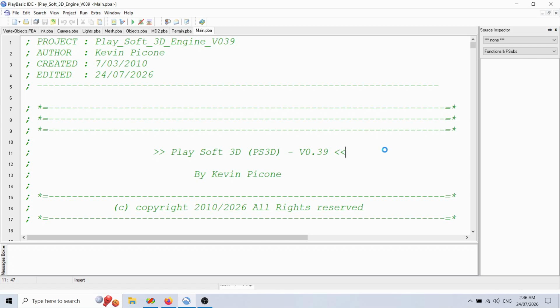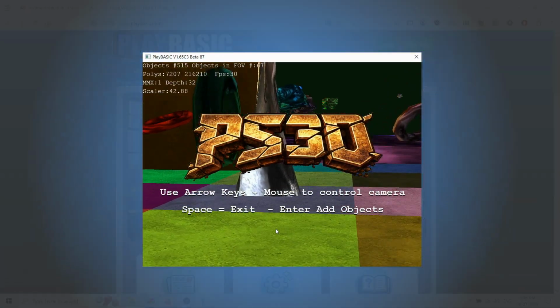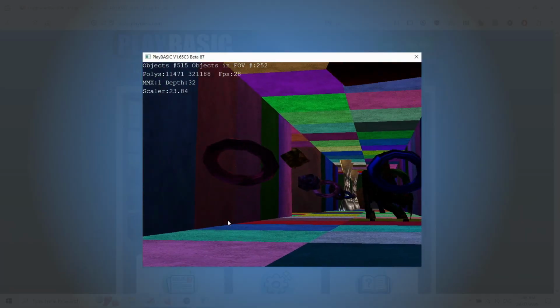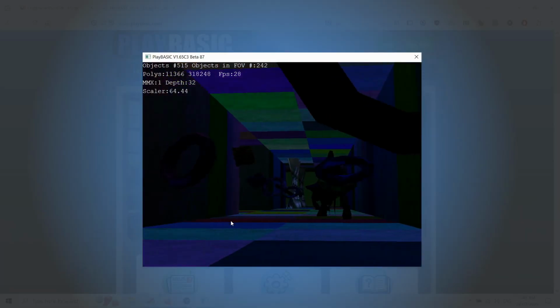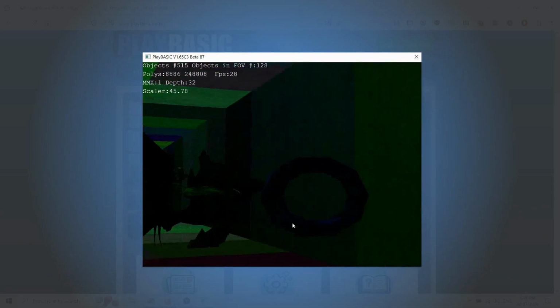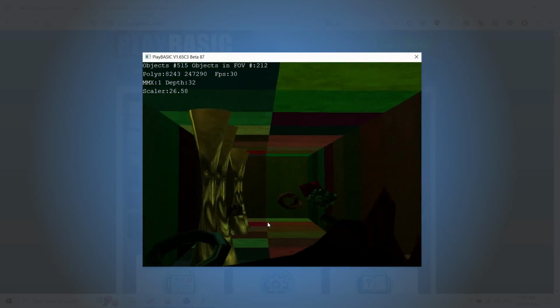Let's check out the current, probably last build of PS3D. So, the latest addition is vertex-based lighting. You can pick the object you want this to apply to. In this case here, it's